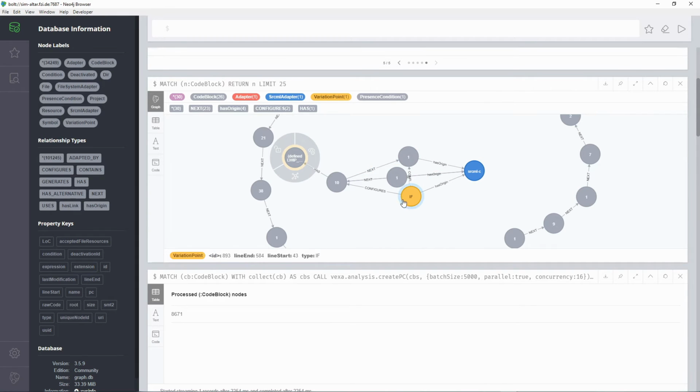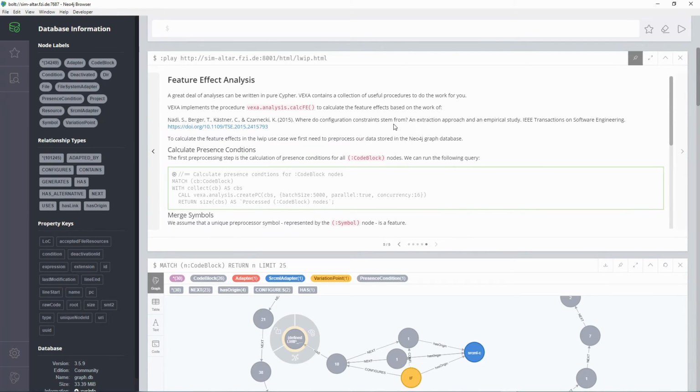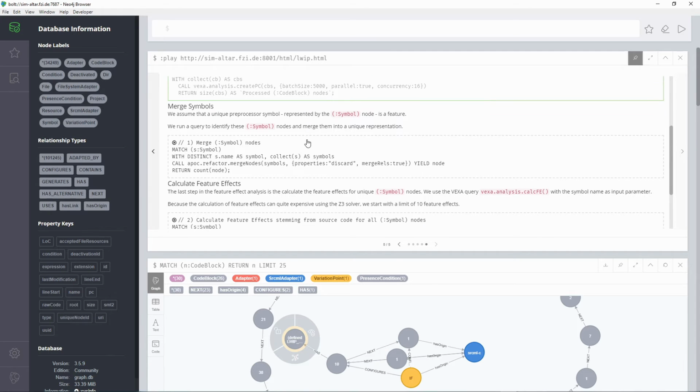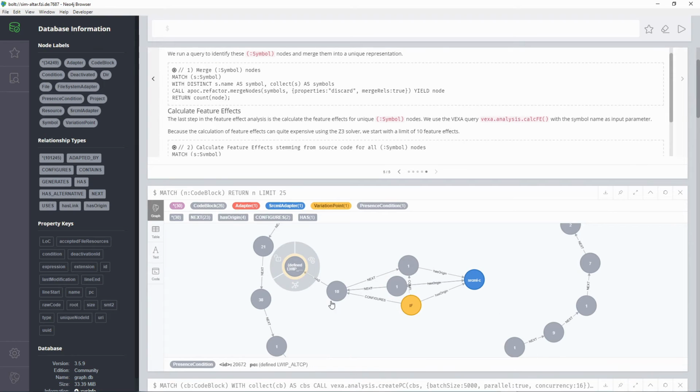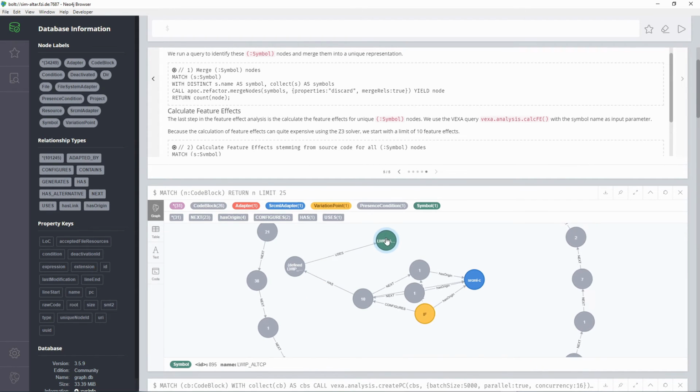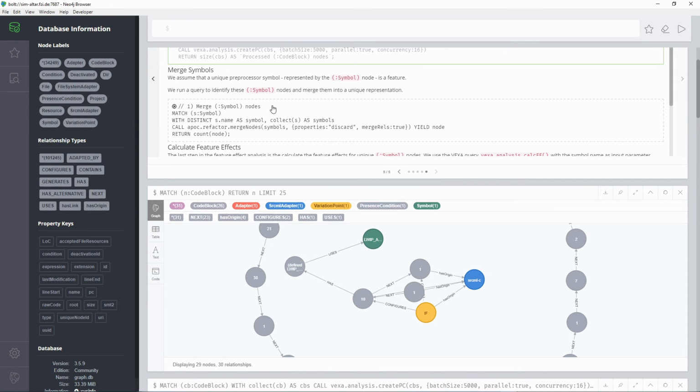So with the presence conditions in place, we need to run another analysis before we can calculate the feature effects. VEXA uses symbols to identify preprocessor symbols. So for example, in this case, it was this lightweight IP alt CP. If I expand it, you can see here, that's the symbol. And in the whole source code, a symbol can occur multiple times. But for feature effects, we need, let's say, unique symbols. So we run the merge